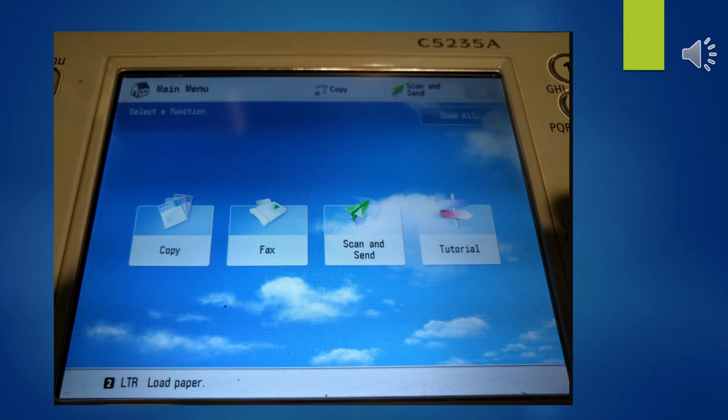As a refresher, as we said before, in the case of this type of standalone scanner, it's already been configured by the systems administrator to know where the Windows file share is, the temporary file share, and so it's going to scan the entire stack of documents as one file, as a TIFF file. It's going to give it a random name, so that each stack that I do is going to have a different name to it. It's going to send that to the temporary location, which then I can go to the Windows machine and